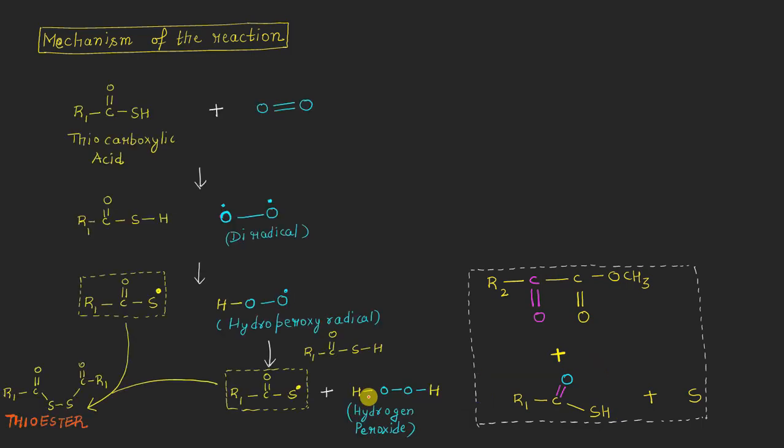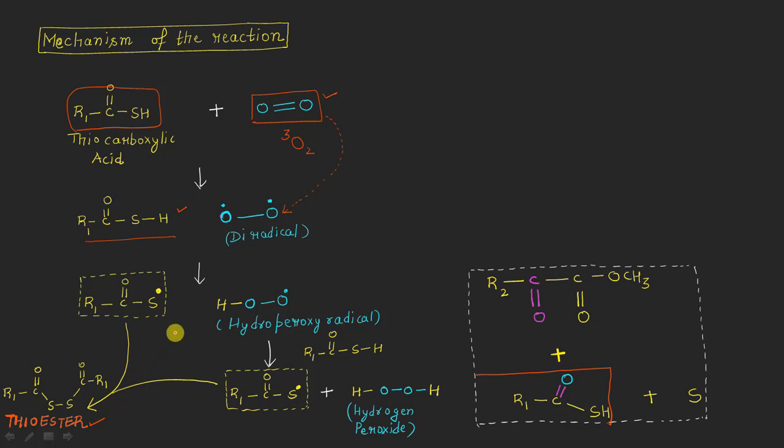So you can see here this type of thiocarboxylic acid. I have shown here the thiocarboxylic acid, and it will be reacting with the triplet type of oxygen molecule. Let me write here, this is a triplet oxygen molecule, which can also be shown in the diradical form, right? And here is the thiocarboxylic acid, which is an intermediate. What we are discussing here is how this thiocarboxylic acid will further react with oxygen, resulting in the formation of this type of thioester. That is the second important product molecule of our main reaction, right?